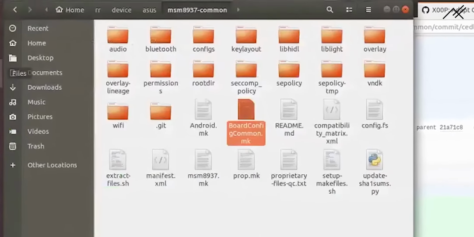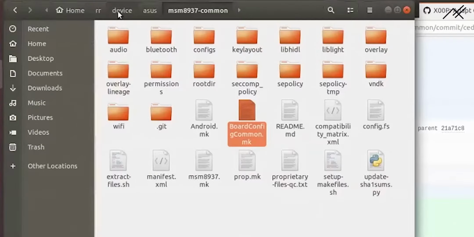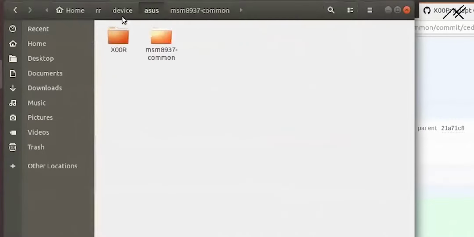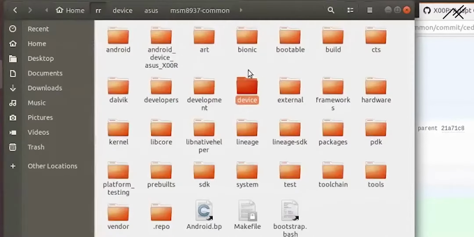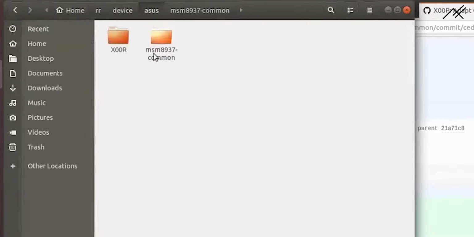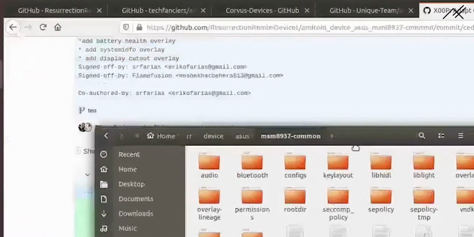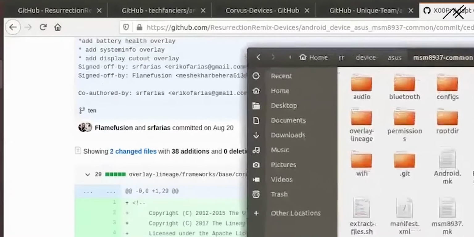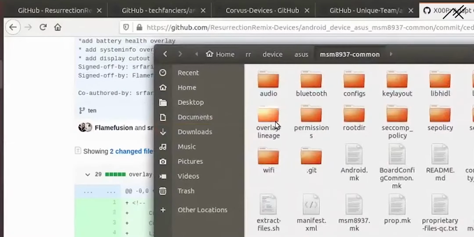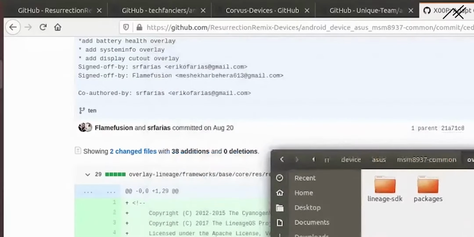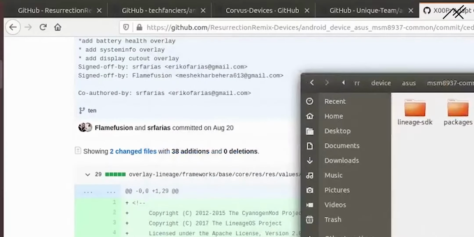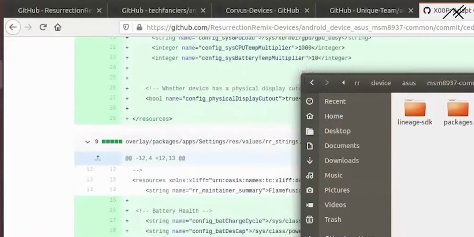So I need to go to my common folder, RR, then device, then ASUS, then MSM common. Here they have overlay dot lineage and then a framework, which we don't even have as a folder. So these are the commits which we need to do.